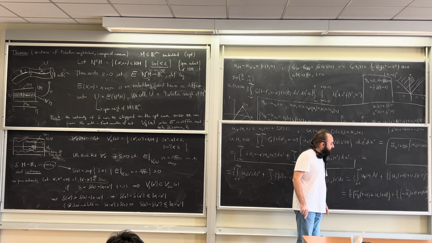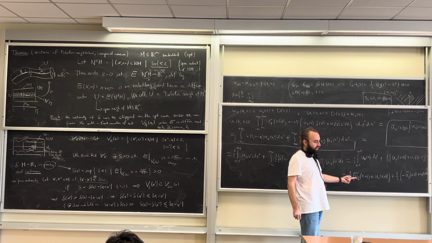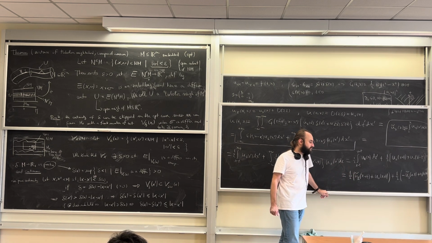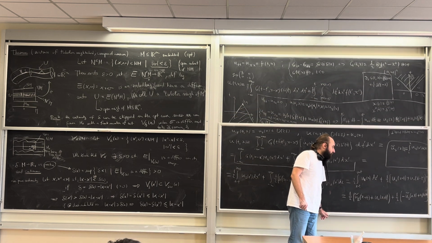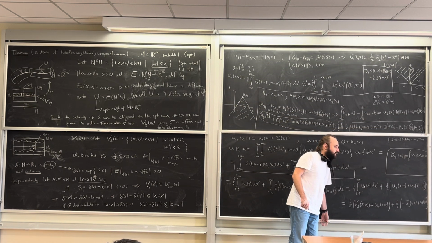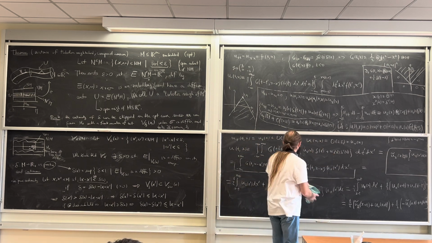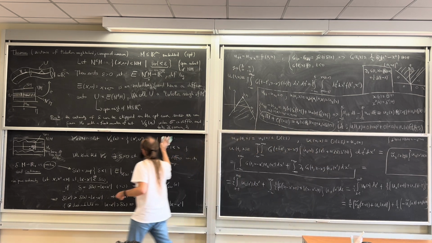Because we see explicitly that a general solution of this equation with some boundary conditions is given by a sum of functions of x plus t and x minus t. So in principle, we did not need to compute this Green function. We could just take this equation and solve it explicitly. Namely,